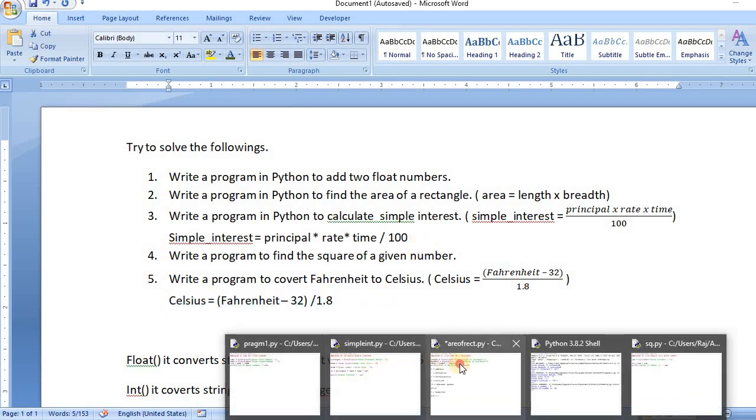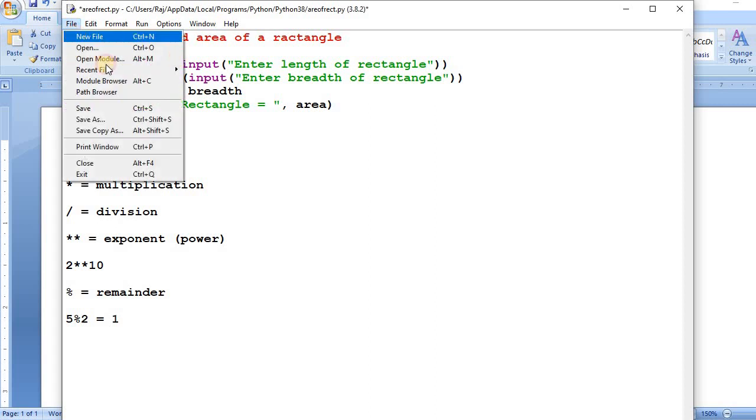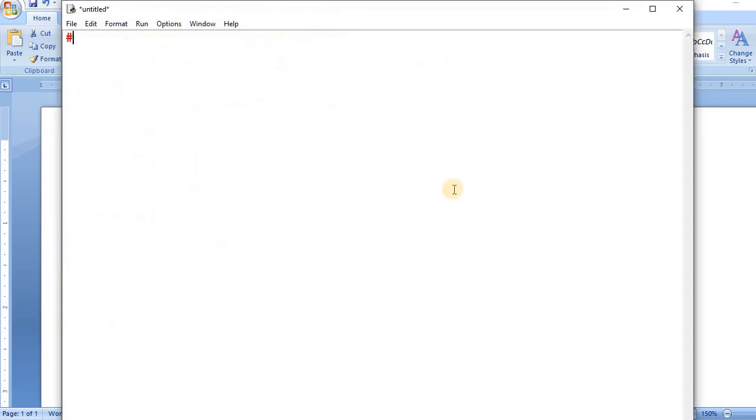Now open your shell, file, new, and program to convert Fahrenheit into Celsius. So first we have to read the value Fahrenheit.